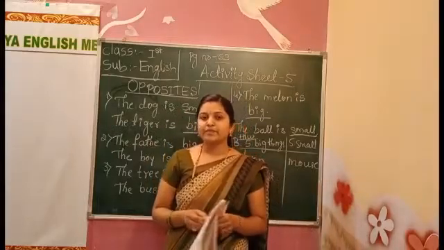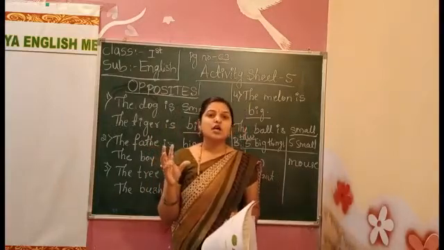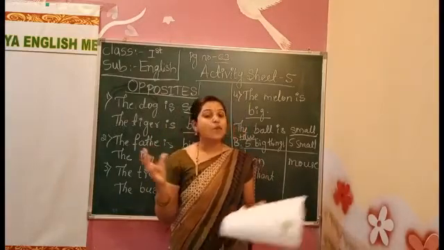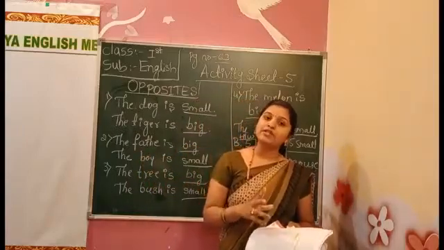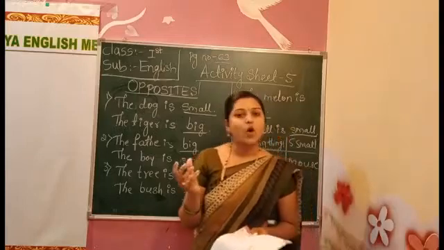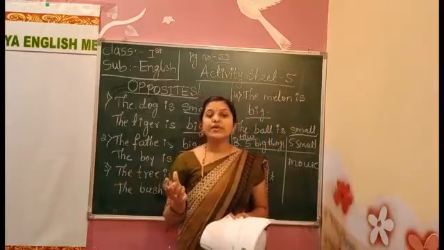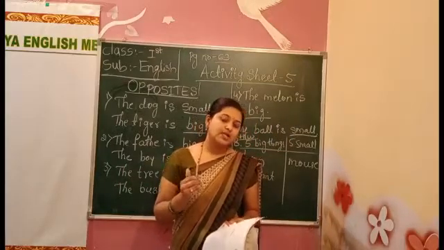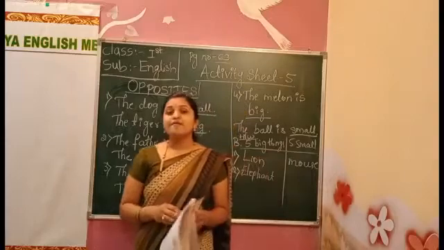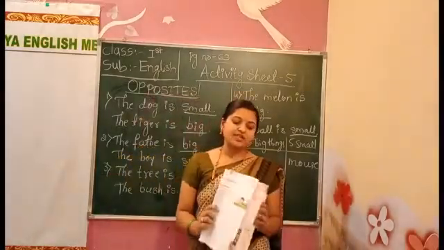Okay, will you do it? For example, if you take an apple, is it big or small? Small. If you take a ball, football, it is big. The football is big, the apple is small. Yes. The moon is big and the stars are small. Yes. So like that, list the 5 objects, 5 things. Will you do it? Children.